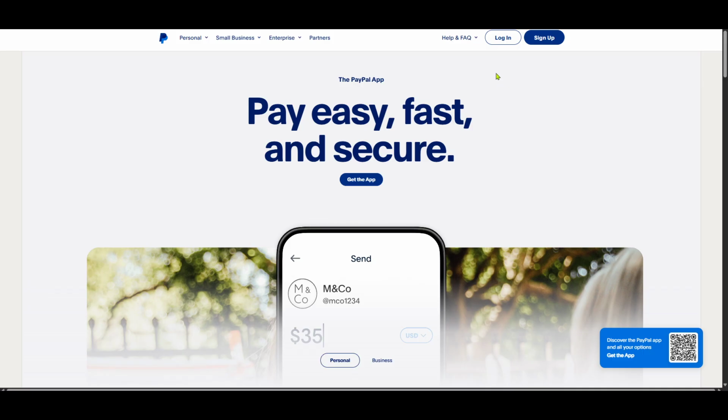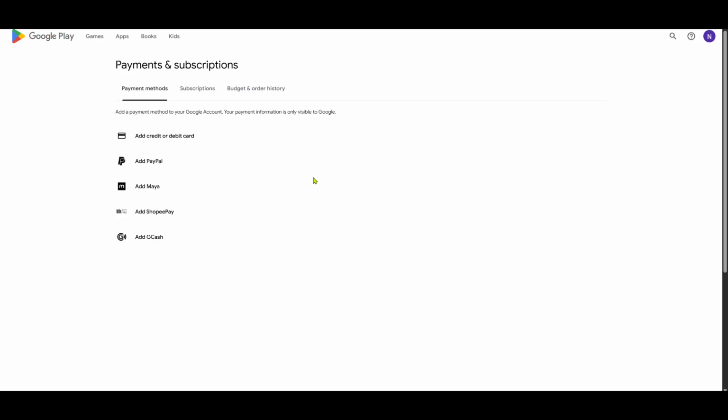Once you're on the Google Play Store, look for the Payment Methods section. To get there, tap on your profile icon in the top right corner of the screen. This will open a drop-down menu and you should see an option labeled Payments and Subscriptions. Go ahead and tap on that. It will take you to a new page where you'll have access to different payment options and instructions to manage